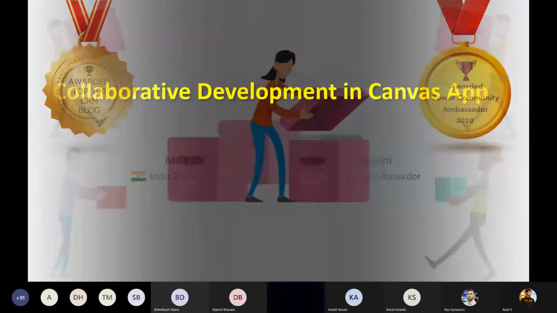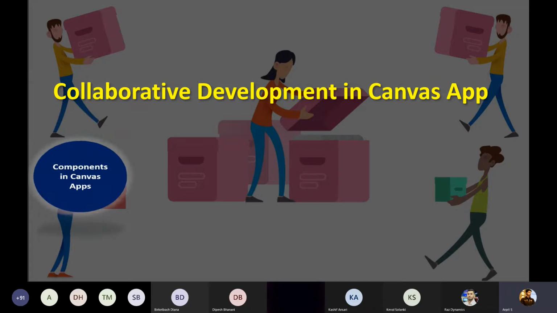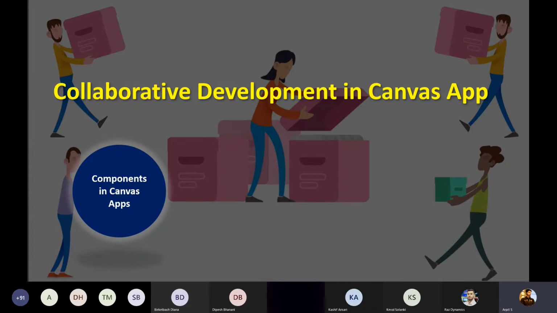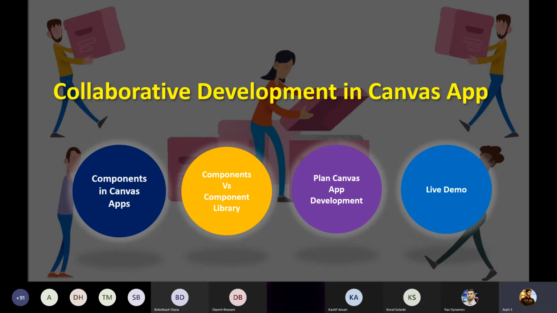All right, so let's begin with today's agenda. Today I'm gonna discuss collaborative development in the Canvas app. During this session I'm gonna discuss the components in the Canvas app. So what are components? What is the component library in Power Apps? Then we're gonna discuss the difference between components and the component library. We will discuss how to plan the Canvas app development. We already discussed some best practices related to the Canvas app in the last session. Now we have to discuss how we can plan our Canvas app development. And surely we're gonna have a demo of how we can use the component and how we can,